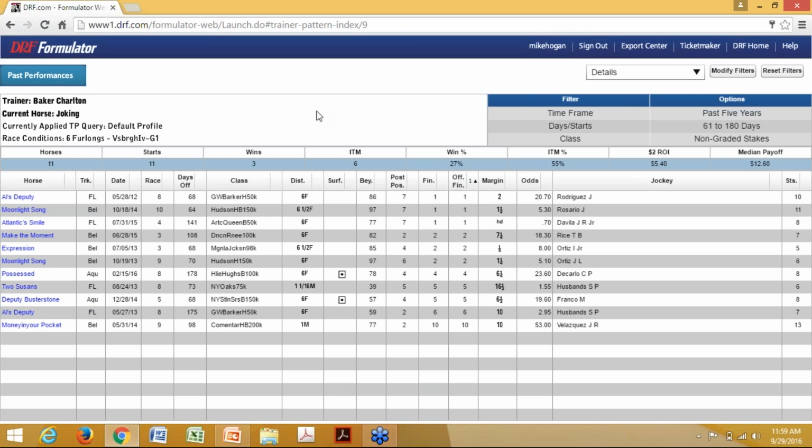Now we're talking. Okay, so 3 for 11. He's 6 for 11 in the exacta, and he shows a $2 ROI of 540. So that really impresses me, and I'm going to have to look at this race more closely. I didn't really want to beat AP Indian, but given that this horse's Beyers have been improving, and he's got this nice layoff stat, and if you go back to the regular PPs,